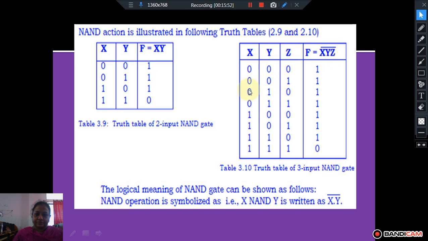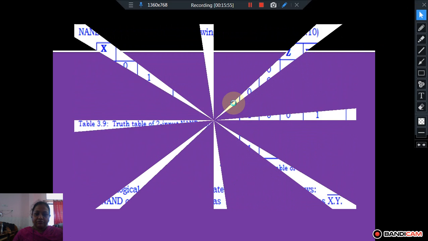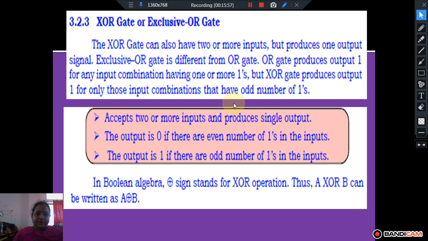So you just check the AND symbol, and put a bubble on it.